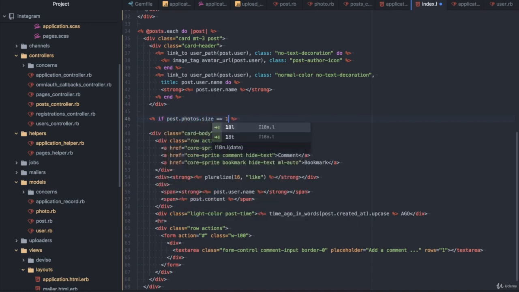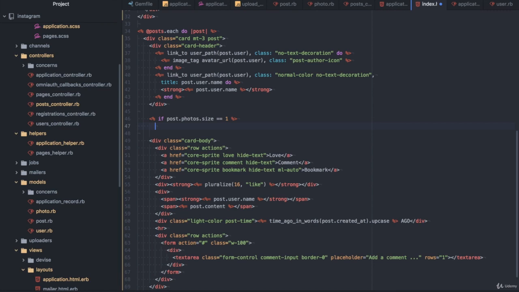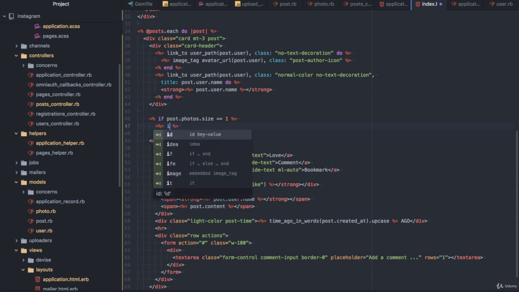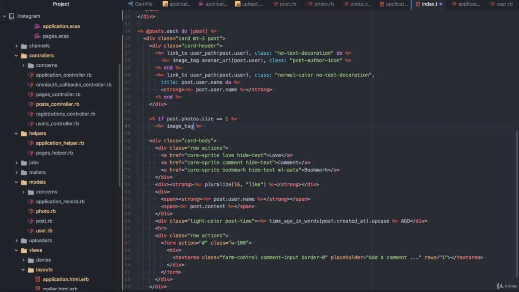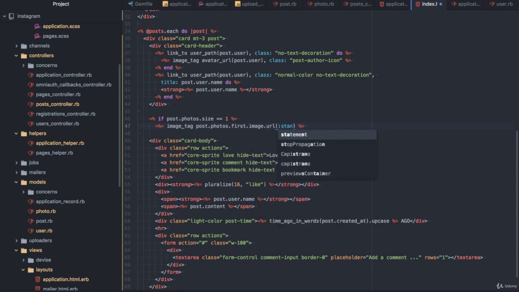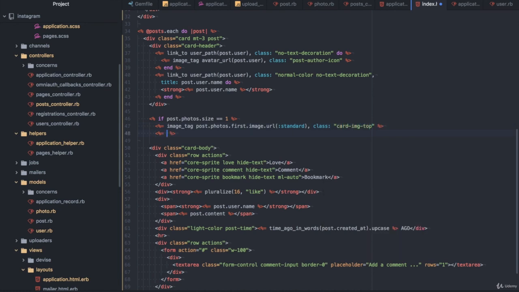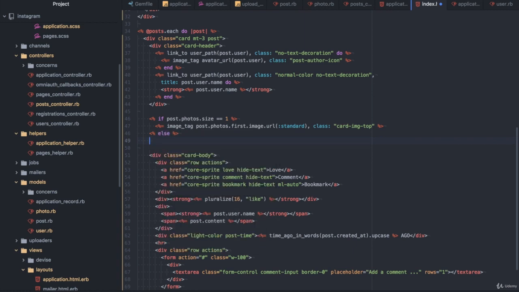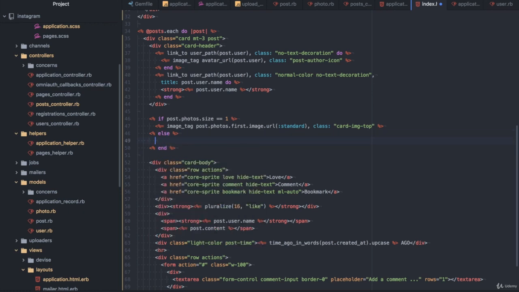If post.photos.size 1, we're gonna print now image tag post photos first image URL standard, class current image top. Else, and else div dot carousel dot slide